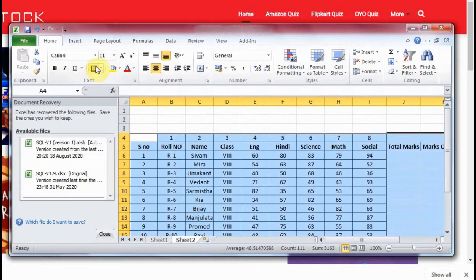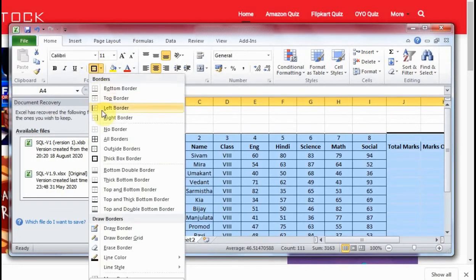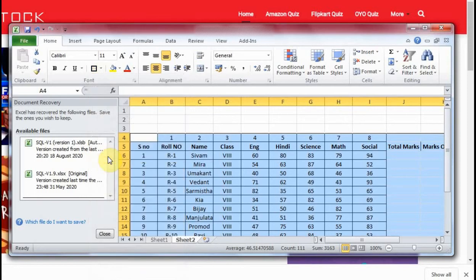This is your border section. Just click on it. Go to the thick outside border box. You click on it. It will arrange it properly. Okay.